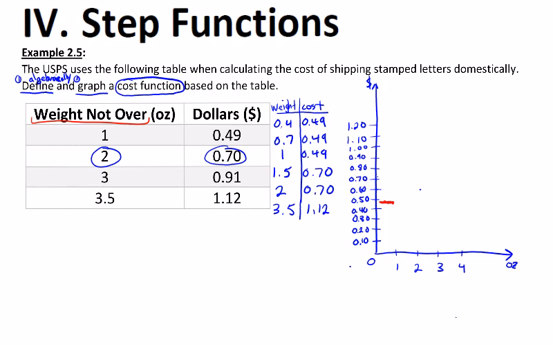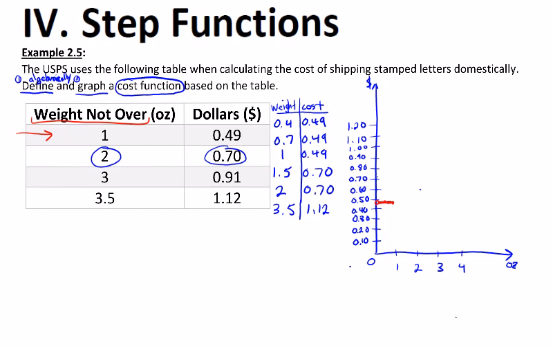I know the air weighs something as well, but it weighs so little that it might not even register. But the box itself, or the envelope itself, will have some weight. So 0 as a weight doesn't really make sense in this situation. So I'm going to put an open circle at 0, and that's what I can connect the rest of those to. And this is going to represent everything from the first row of that table